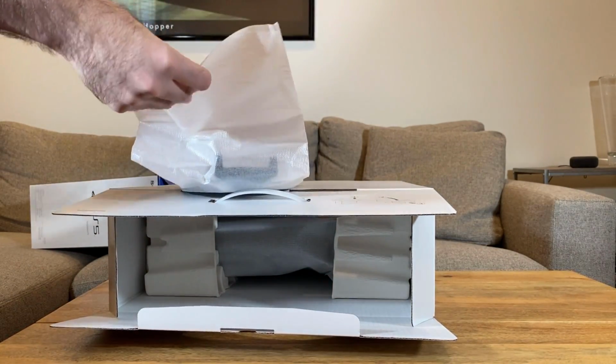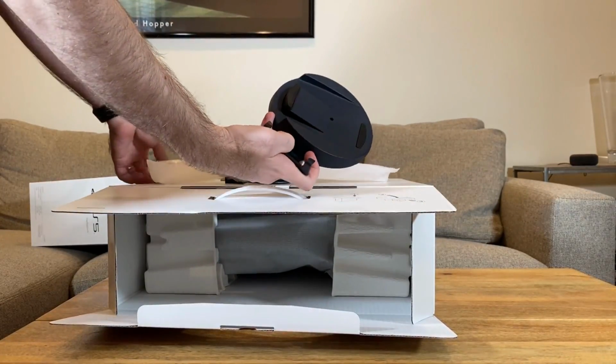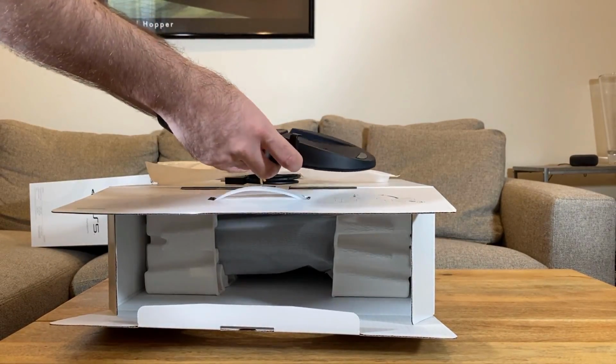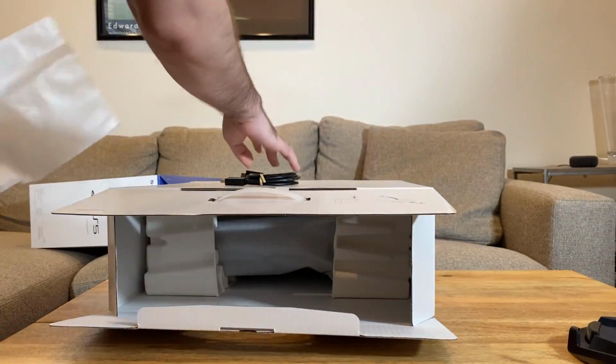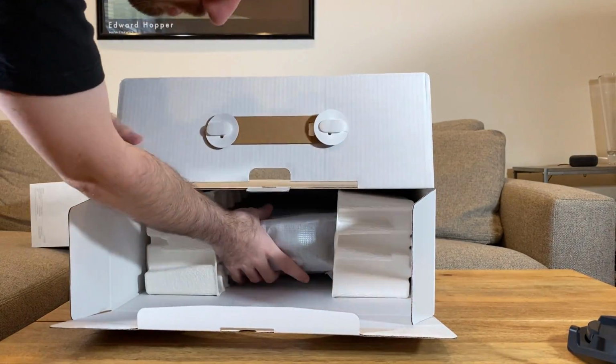Oh, okay, this is the stand. This is actually really important. We have the HDMI cable here too. But the stand, and this can go on either vertically or horizontally, as we'll show you a little bit later. And I'm just going to put this to the side and all this stuff to the side